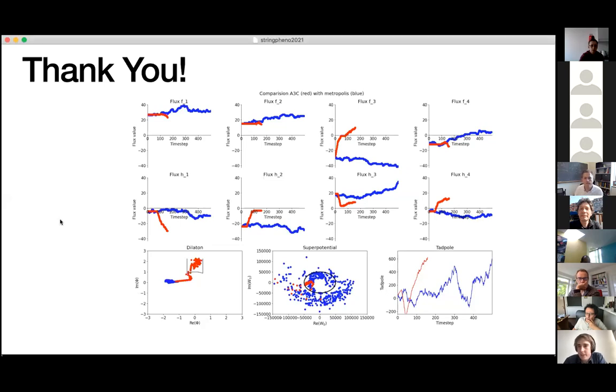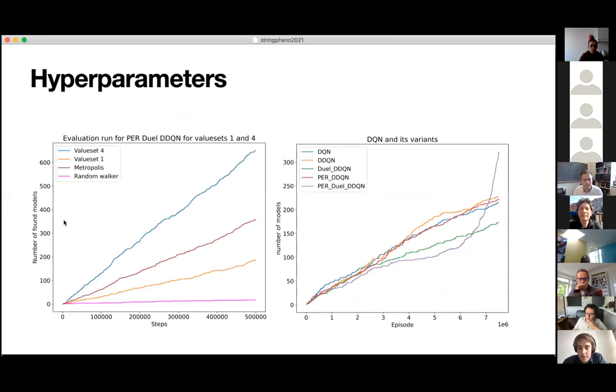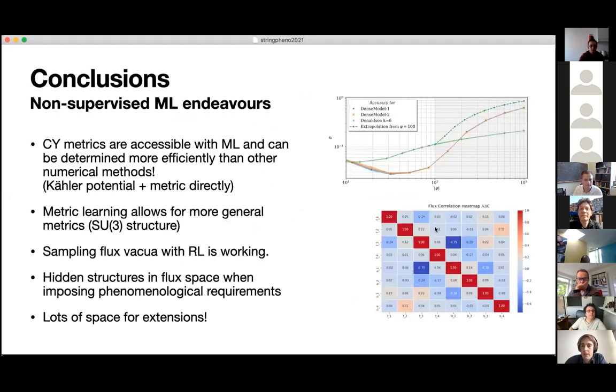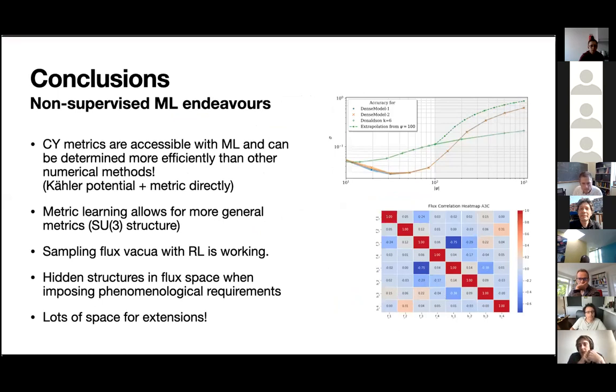Yeah, thanks for the question. For instance, what we've seen here is this kind of correlations. So these are things where you're saying, okay, how are different flux vectors correlated for these properties? This is a structure you can also reveal when you just do Metropolis sampling, for instance, but it takes you a lot longer to reveal the structure. Yeah, let the computer run longer, essentially, to get it.